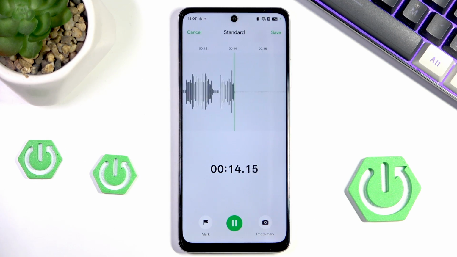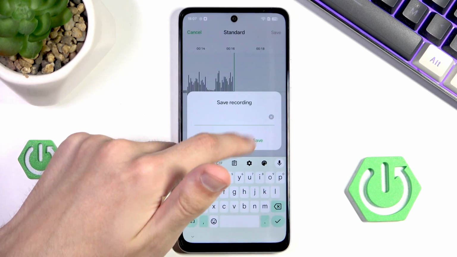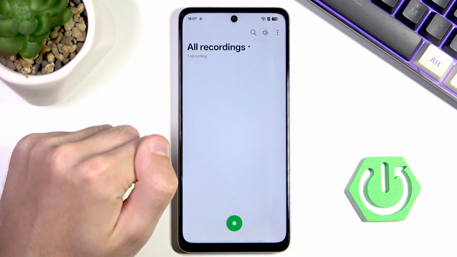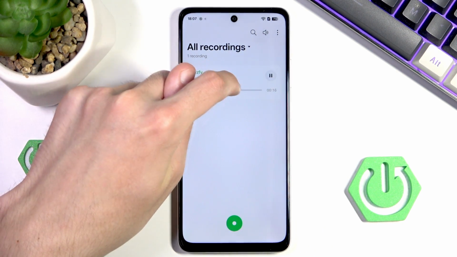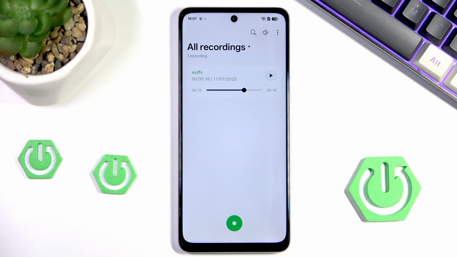So why are we doing it? Well, now when we save it, let's not bother with the name. Let's simply hit save. So now we have this recording. I'm not going to play it since you just heard it. And the microphone quality and amount of waves we see are pretty good. My problem with that